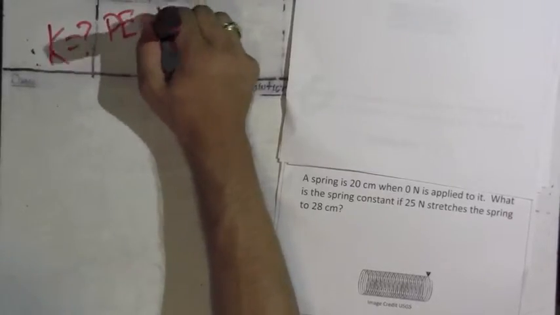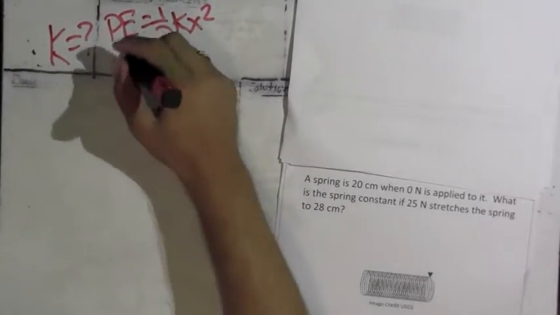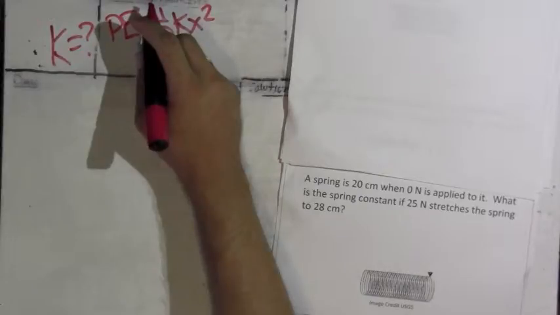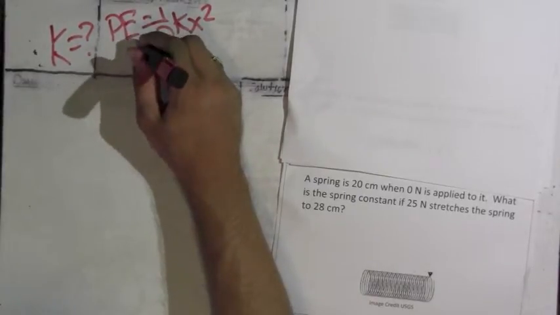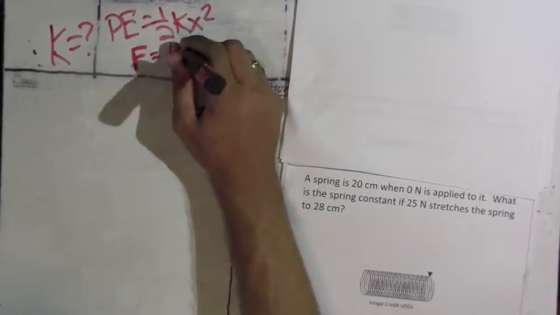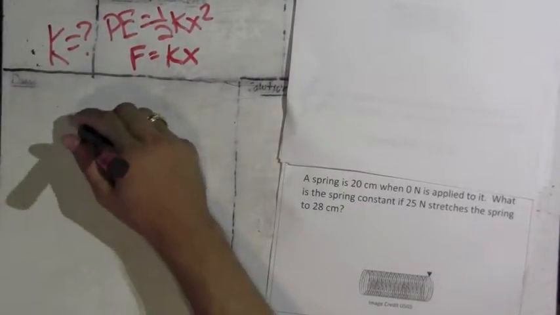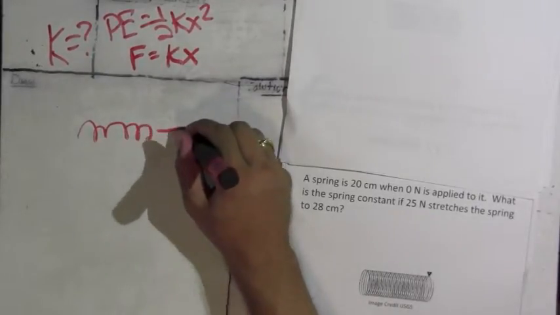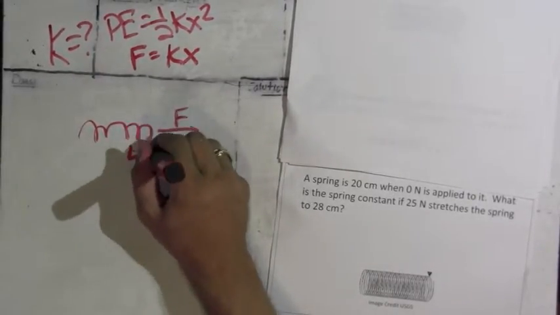Normally, so far, we've been saying, okay, PE equals 1/2 K x squared. And of course, we could do that. But really, there's another way of solving this that works just as well. We learned earlier this year about Hooke's law. Okay? And Hooke's law said that F equals K x. And we said that any force that's applied will stretch a spring out depending on the value